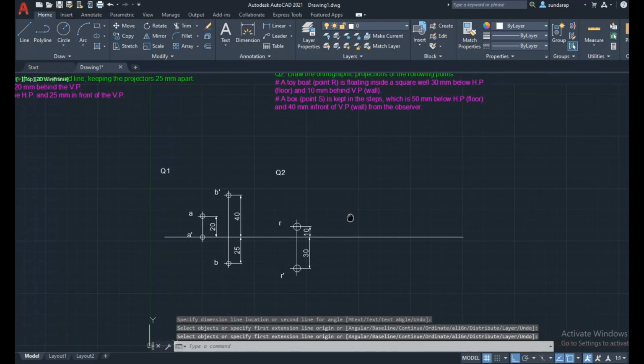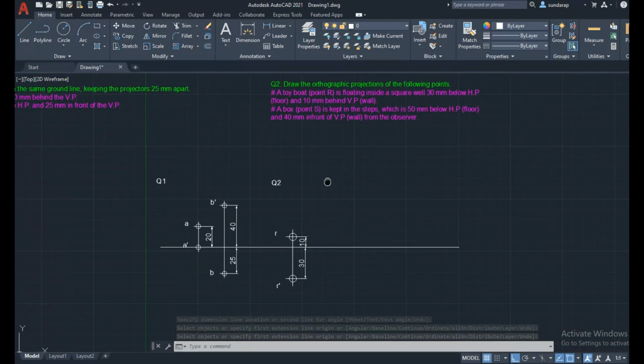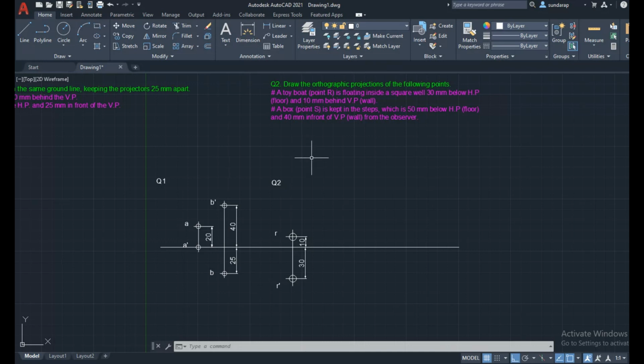And the second condition: a box, point S, is kept in the steps, which is 50 mm below the HP and 40 mm in front of the VP from the observer. As per the condition, the box is assumed to be placed in the fourth quadrant.